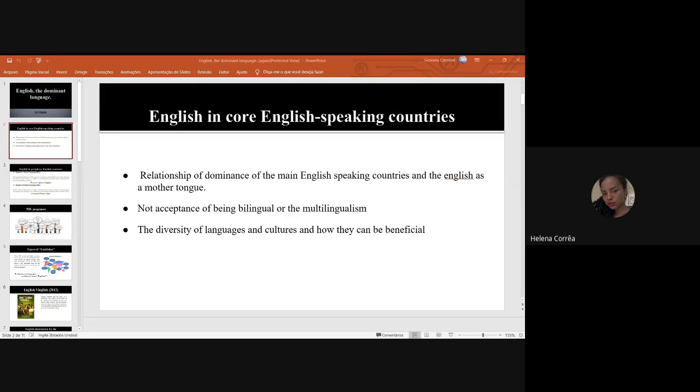So, English needs to be seen as one language in a multilingual framework, both internationally and within